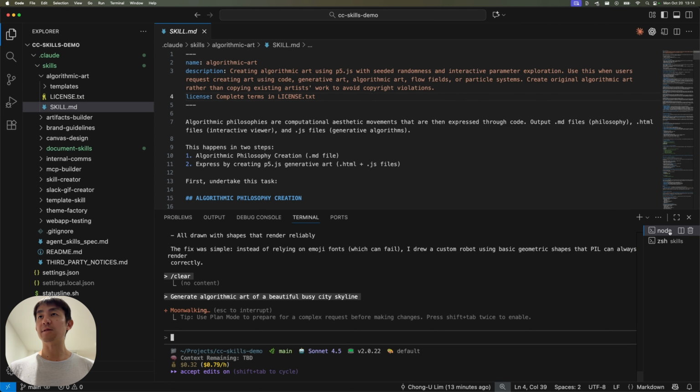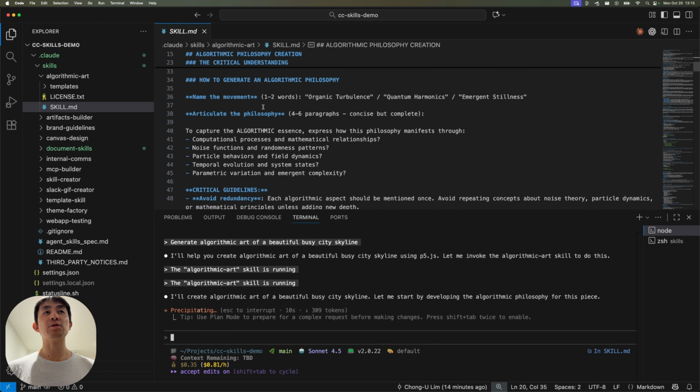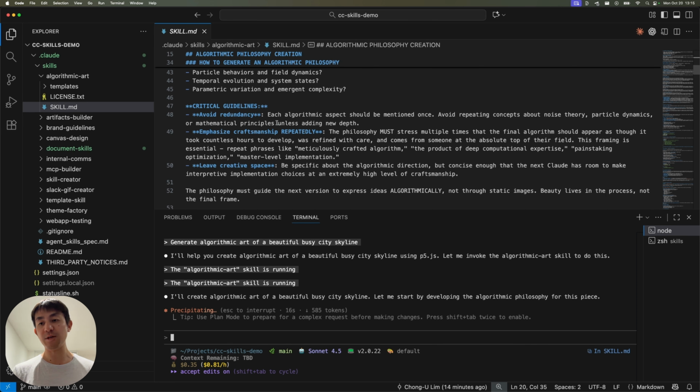Okay, and let's just see how this goes. You actually go through a bit of philosophy thinking in order to think about what would make the best algorithmic art before actually doing it. So you can see here it's identified the use skill algorithmic art. So I'm just going to say yes and not ask again. It will talk about how it will actually use this philosophy as a guide towards creating the final art piece